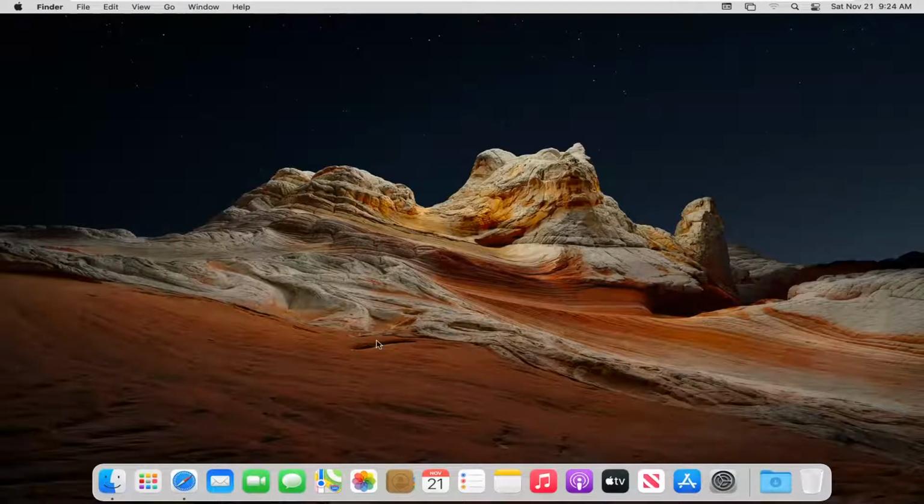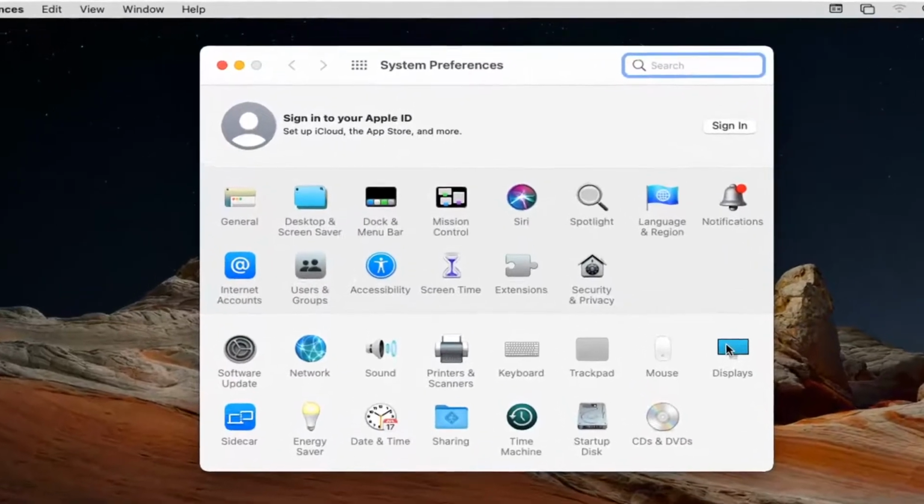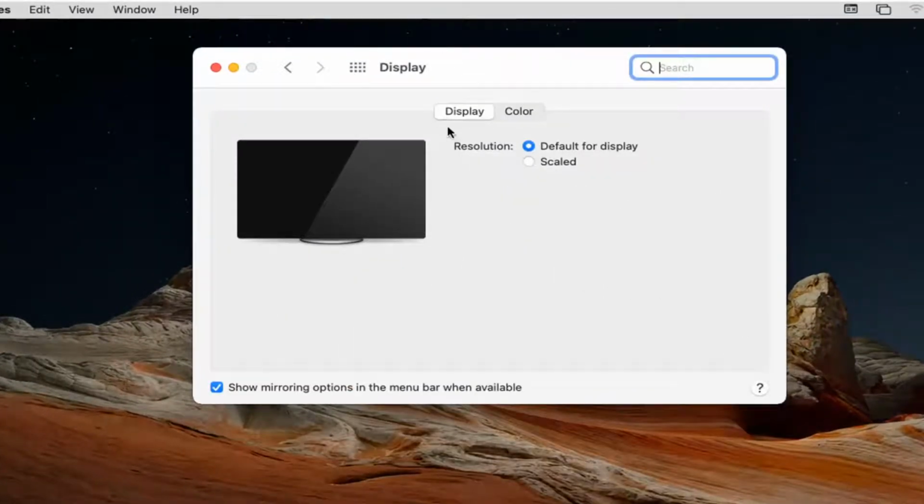So just like I just said, we're going to go ahead and open up System Preferences down in our dock. And then you want to select the Displays button. So again, left click on Displays, and then select the Display tab up at the top, and then where it says Resolution, select Scaled, and then once you select Scaled, you have the option of doing a couple different options